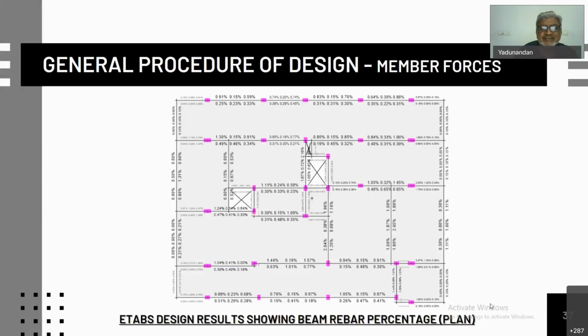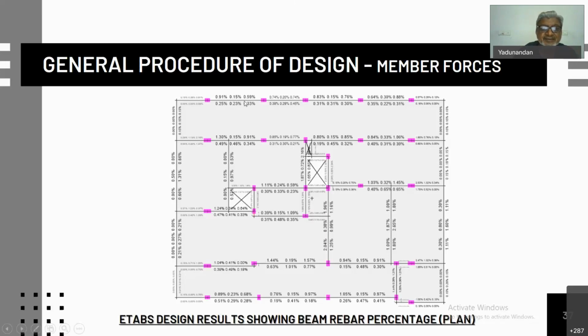Then you get the percentage of reinforcement after the design run is done in the program. For these moments that you obtained by analysis, it is possible for you to manually fix up the reinforcement percentage in the section and provide the percentage for the positive and negative moments at the various points, as you can see here. And these values of reinforcement percentages in the beams are